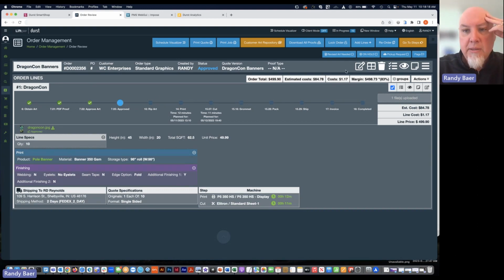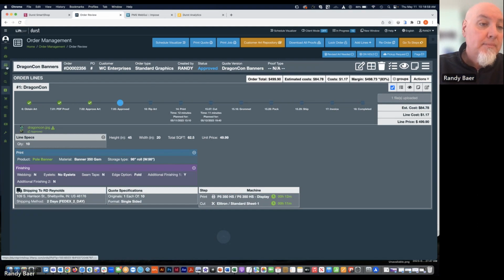So here you can see we have gotten a little bit of costing. We've had just a couple steps. This was nothing too major that has come through. But we've hit the approve step. We'll get to the rip step. At the print step, we'll start getting materials that will not only be costing that will be added to the job, that material will also be decremented from your inventory. And we'll talk a little bit more about that in a moment. But you can see again here, we have things that are planned, scheduled, cut time, what amount of time it should be done in. So it's incredibly powerful just because it's collecting that data as it goes through the system.